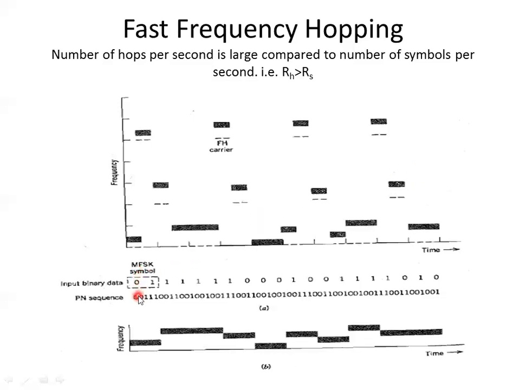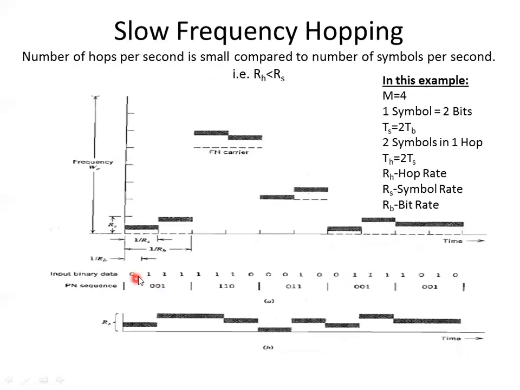So you can see now, this is once again the PN sequence and input binary data, which is divided into, like, we have grouped it as 2 bits in one group, which is one symbol. It's written MFSK symbol, right? So here one hop is 3 bits, similar to this. Here 3 bits together form one hop. There were only 5 hops in this.